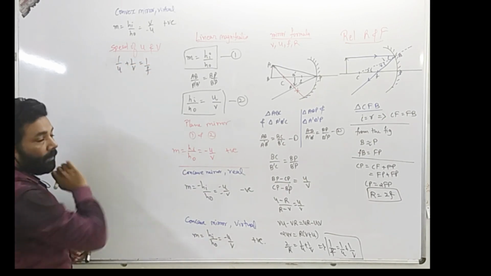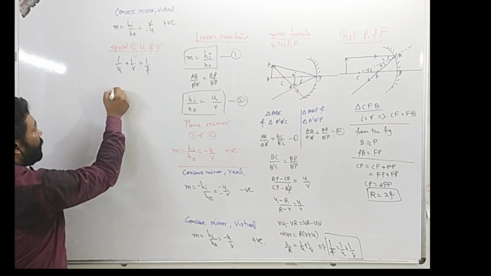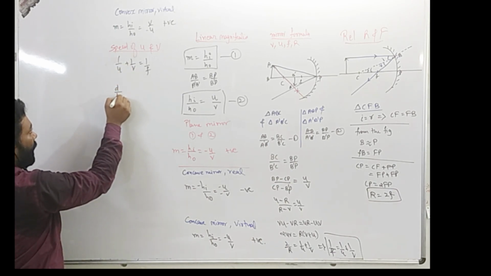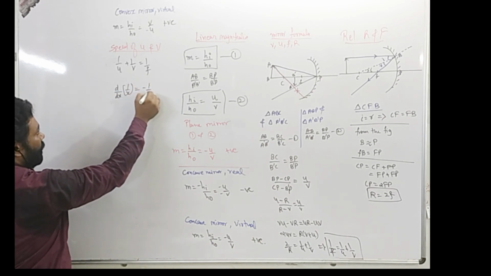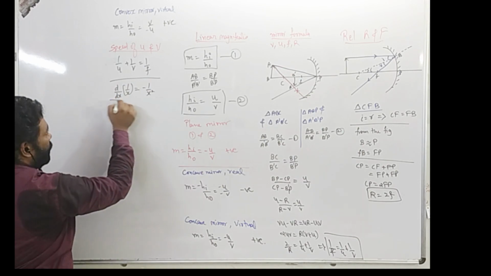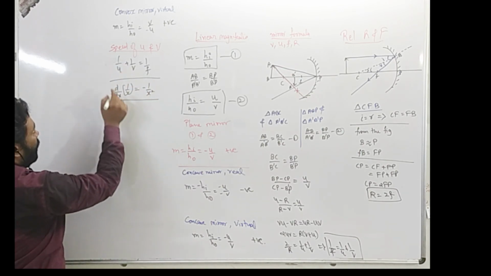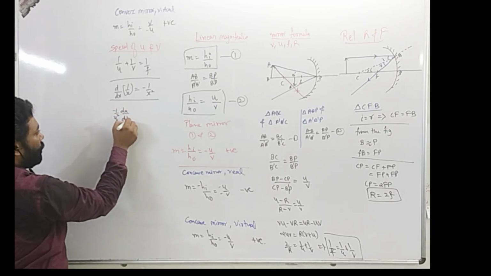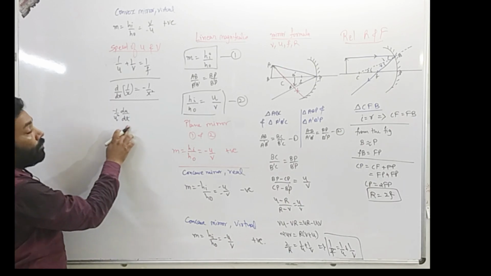to 1 upon f. Differentiating with respect to time, since we need speed, we'll differentiate it with respect to time. Differentiation of 1 upon x, I'll write down the formula over here in bracket. It is minus 1 upon x square. So using this relation here, differentiation we want with respect to time, so it would be minus 1 upon u square du by dt. It would be an implicit function. Differentiation of u with respect to time.